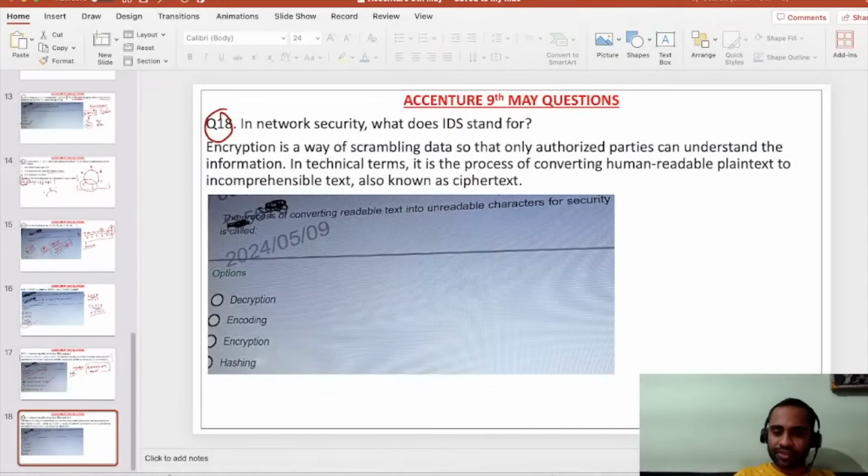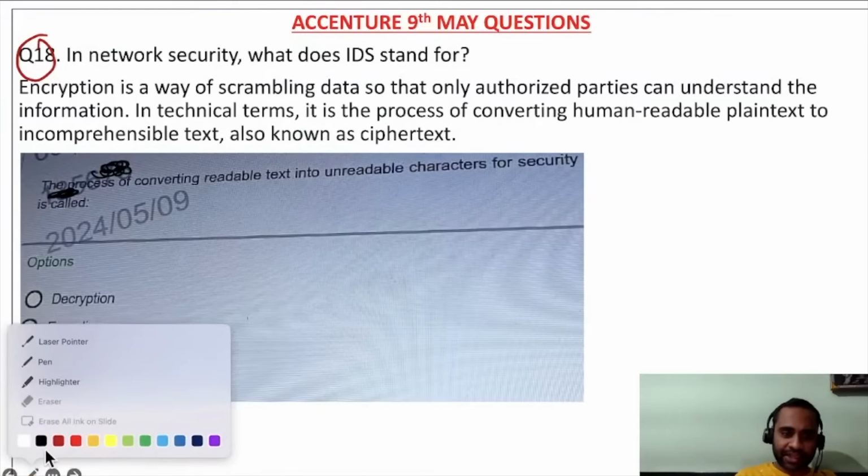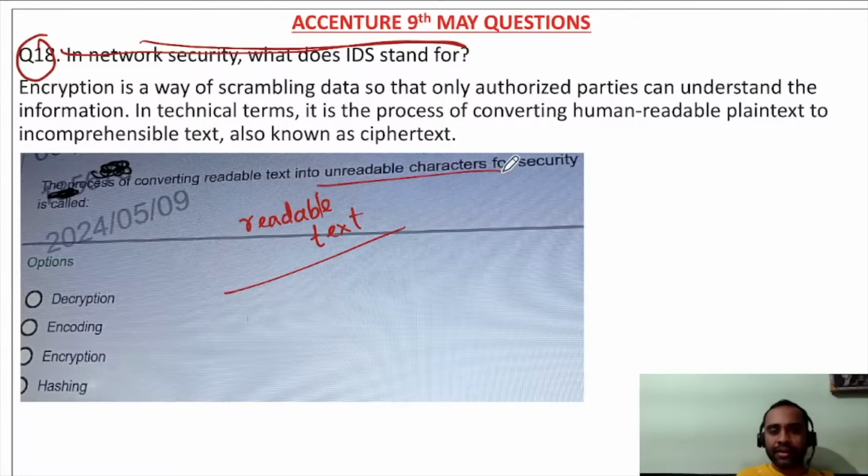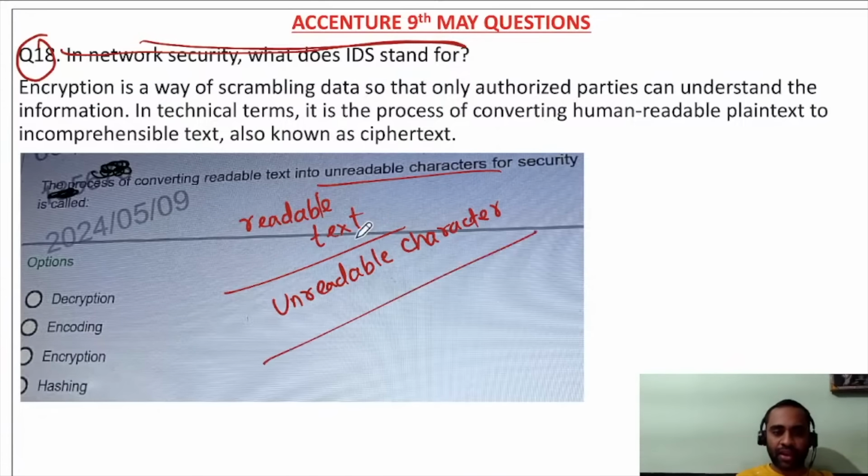Okay, so the last question here is in network security. The question is: the process of converting readable text into unreadable characters for security reasons is called as, so friends, it is called as